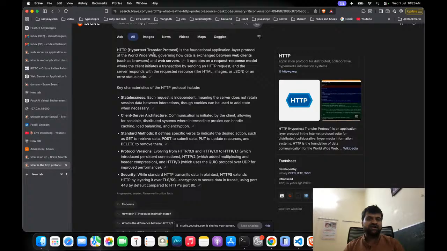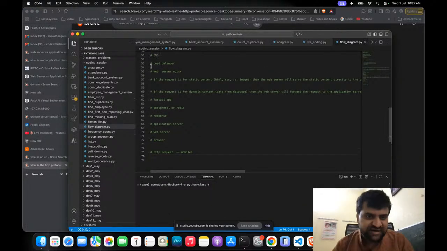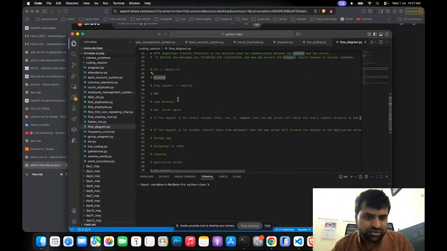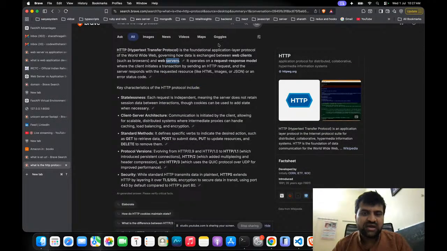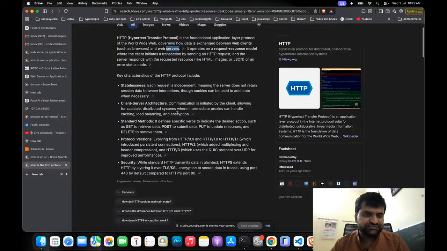HTTP is called Hypertext Transfer Protocol. It is the foundational application layer protocol for the World Wide Web, governing how data is exchanged between web clients such as browsers and web servers. Here you have seen the browser coming to the web server with an HTTP request. So this is an application layer protocol. Key characteristics of the HTTP protocol include statelessness,